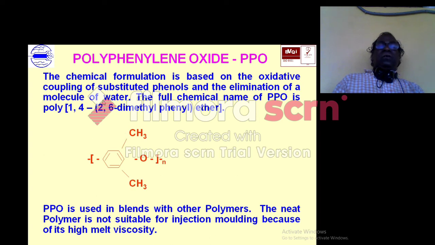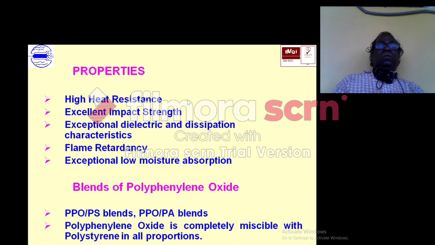Polyphenylene oxide is another engineering material. It is used in blends with other polymers also. The chemical name is PPO, poly(2,6-dimethyl phenylene ether). It has high heat resistance, excellent impact strength, exceptional dielectric and dissipation properties, flame retardancy, and exceptionally low moisture absorption.